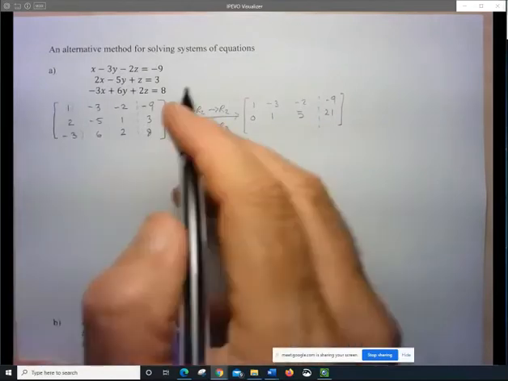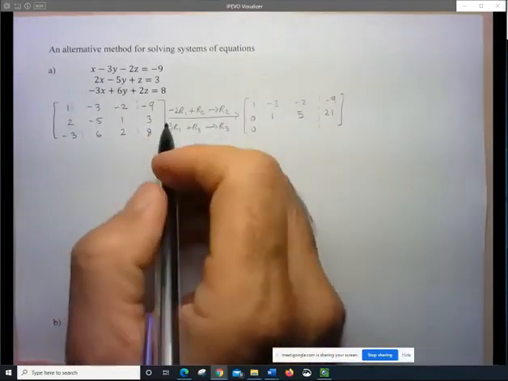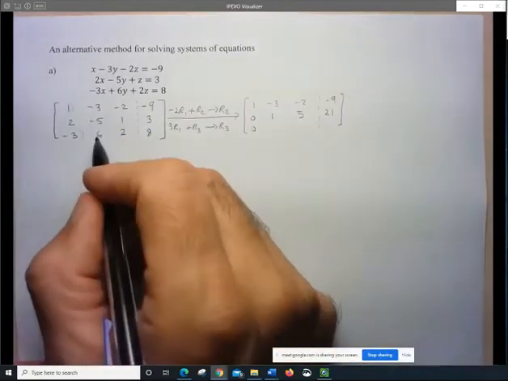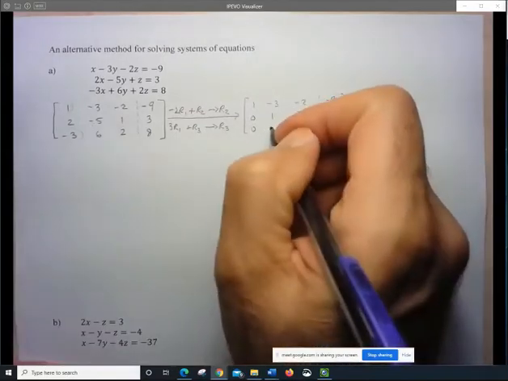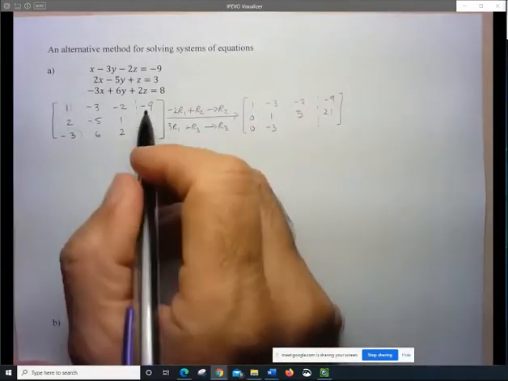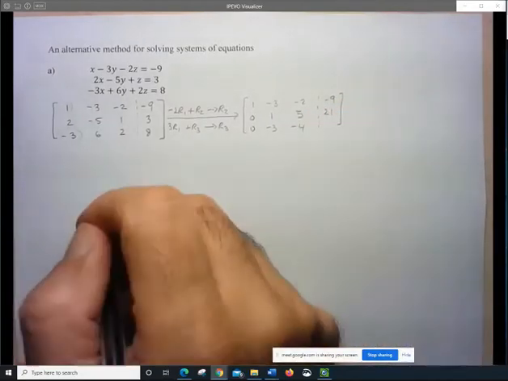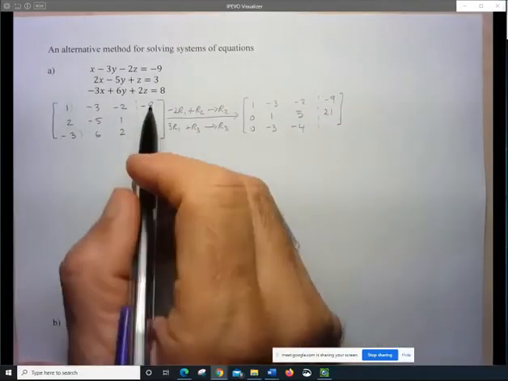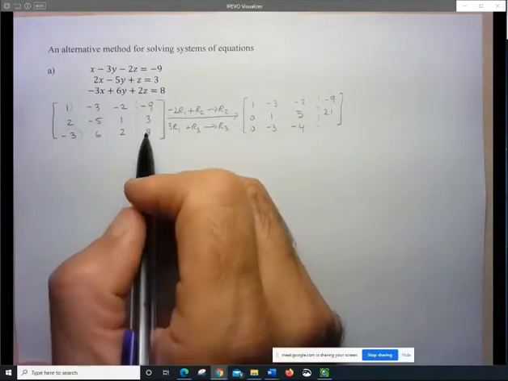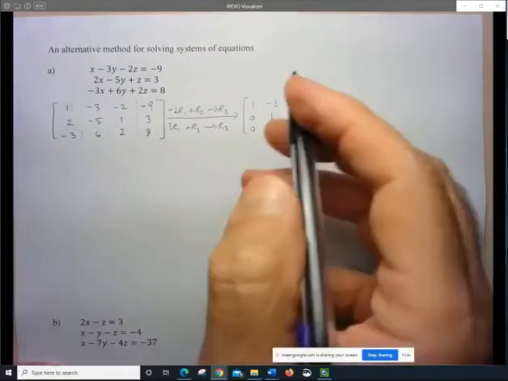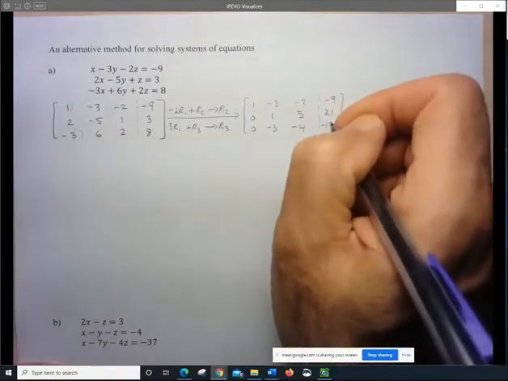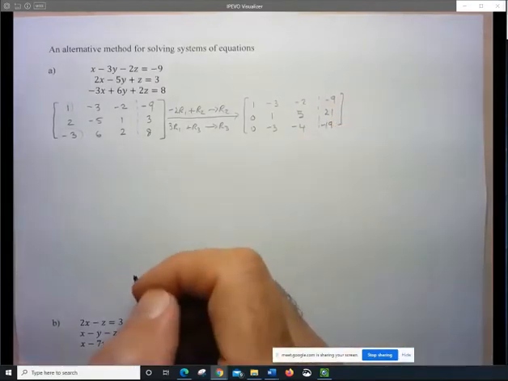So 3 minus 3, 0. Okay, -9 plus 6, -3. Okay, here -6 plus 2, -4. And make sure you're checking my algebra here. So this is -27 plus 8. -27 plus 8 is -19. Okay, so